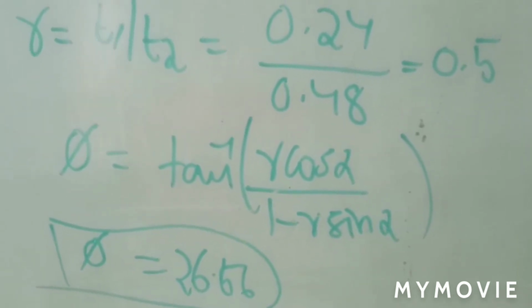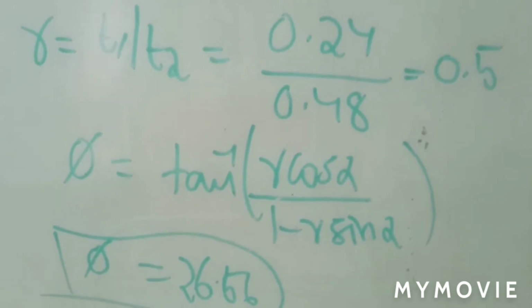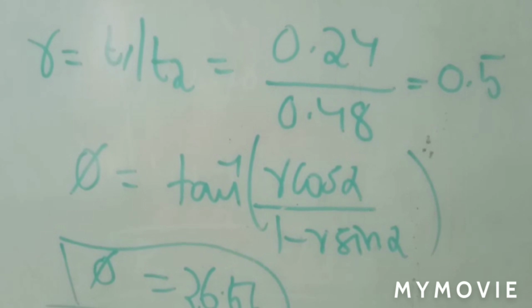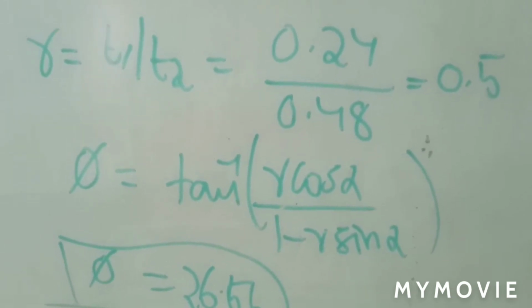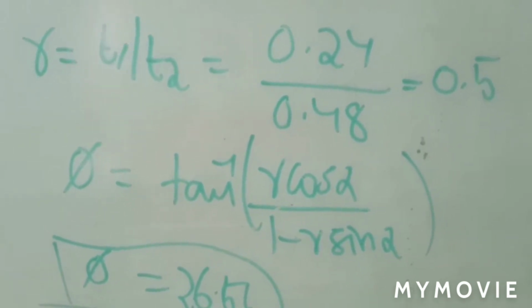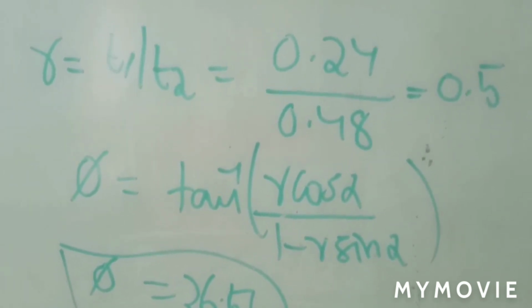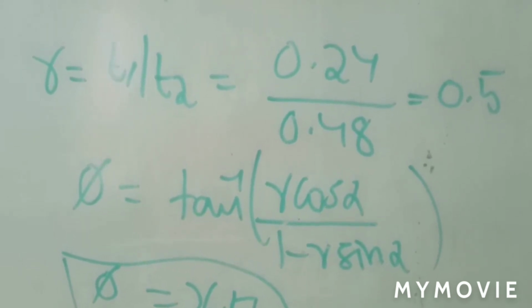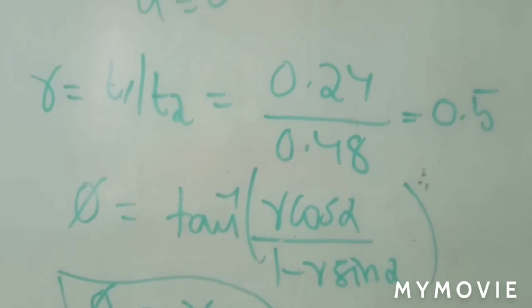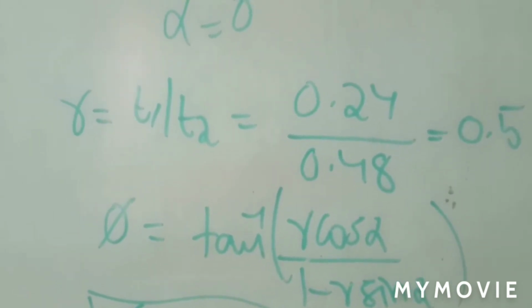Almost all the formulas in metal cutting are related to these relations, especially maximum relations based on your alpha, beta and phi values, or otherwise you may have phi equal to tan inverse of r cos alpha by 1 minus r sin alpha, something like that, right? While you are solving the problem, you may wonder what kind of relation you are supposed to use. It is obtained by practicing only, okay? So in this case it is very very important.